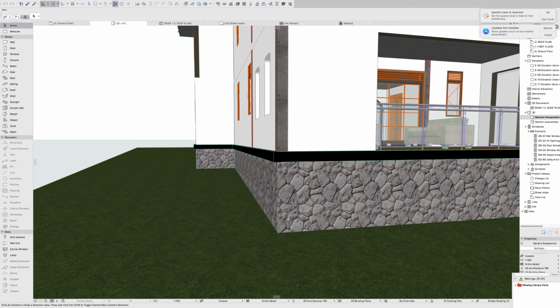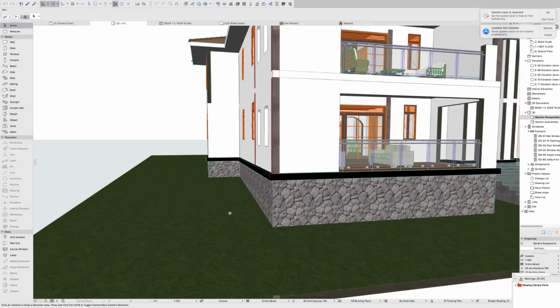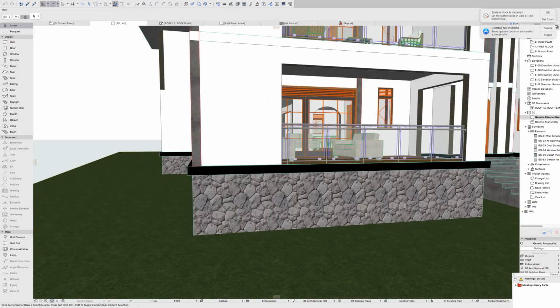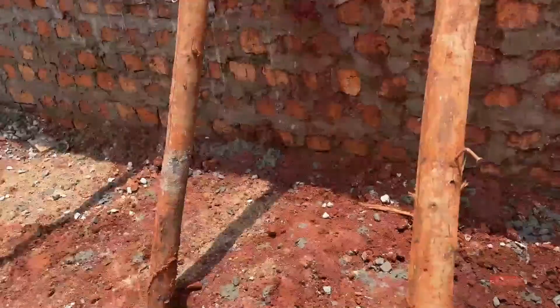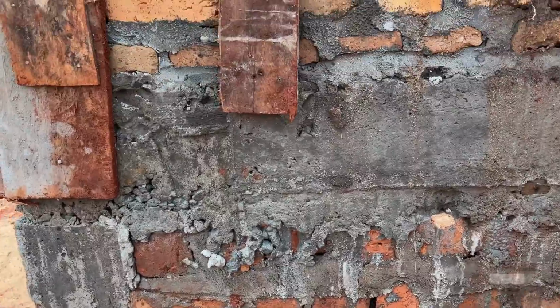Yes, they don't extend to the walls above. So it's important that you have the hoop iron placed in your plinth wall. During the construction of our plinth wall, we also added a plinth beam in our plinth wall on the lower